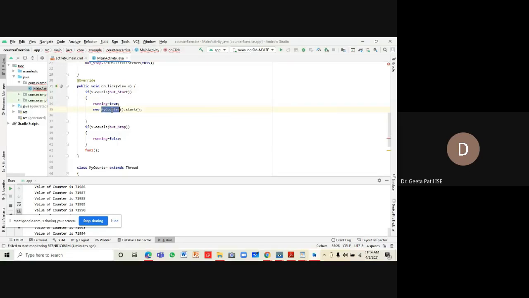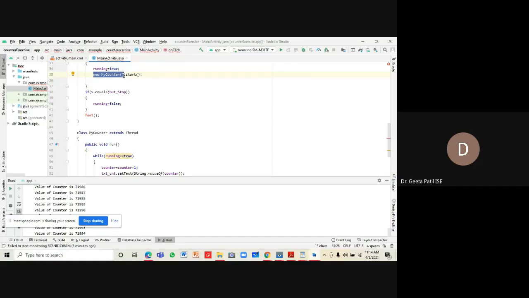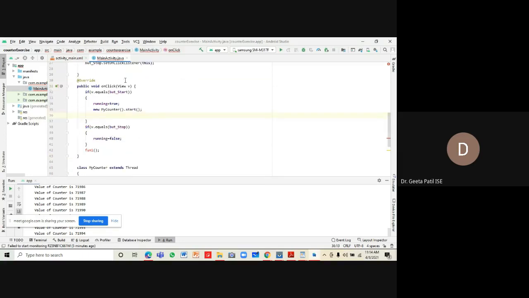Okay. So MyCounter is the class we have created, though it's not assigned to any object as such. When I say new MyCounter, the object of the class is created, and with the dot start method, the run function of this class is called. Okay. So this is what we are doing when the start button is clicked.